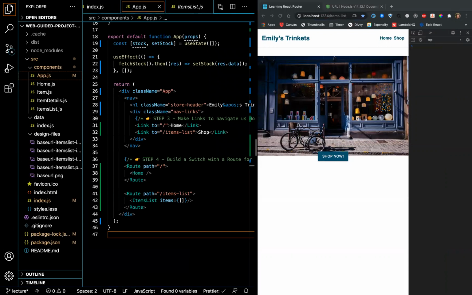Okay, so hopefully that's working for everybody else right now. It doesn't just want to take an empty array. We know that what we need is some data. So do we have any data in state lying around that we could feed to items list? Does anybody want to drop into